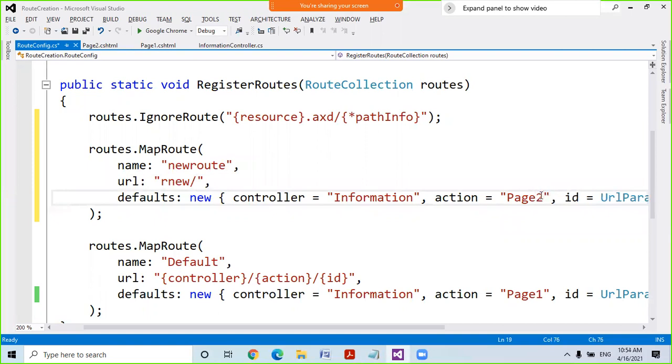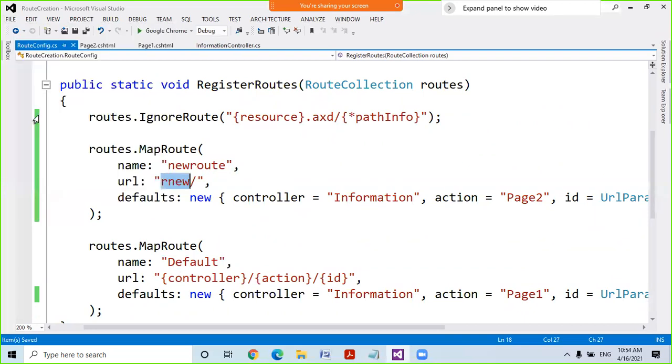That's it. So my new root is created with the name new root, and for accessing the page, the URL is very important. इस URL से हम इस पेज को, इस रूट को एक्सेस करेंगे, और जैसे ही हम ये URL टाइप करेंगे तो इंफॉर्मेशन कंट्रोलर का पेज 2 should be open.